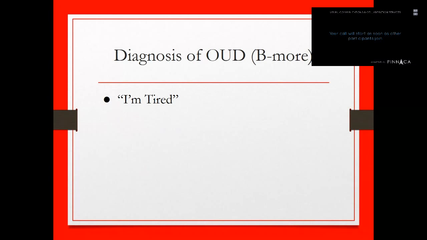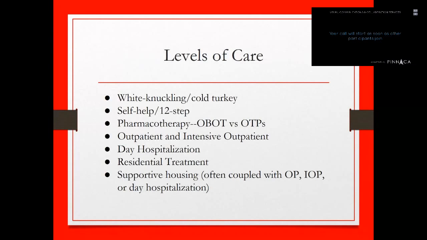Once someone has told you or you've identified opioid use disorder, as Dr. Ingvild Olsen mentioned in her talk, which is archived on the MAC's website, there are a few different levels of care that people can pursue to help them with their substance use disorder. Most of these apply not only to opioid use disorder, but to all addictions in general. The basic idea is that people can try to go it alone. In the 12-step programs, they call this white knuckling it, or going cold turkey, which essentially means just quitting without any kind of medical support or social support.